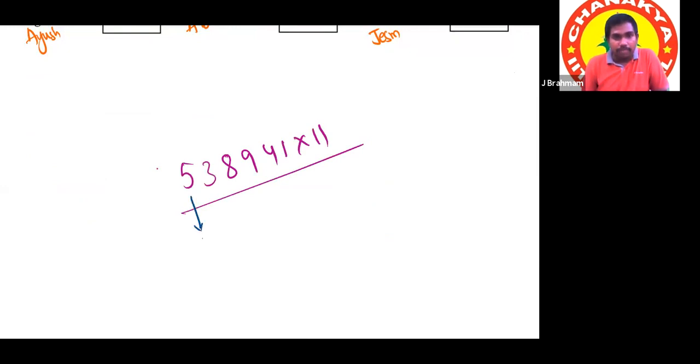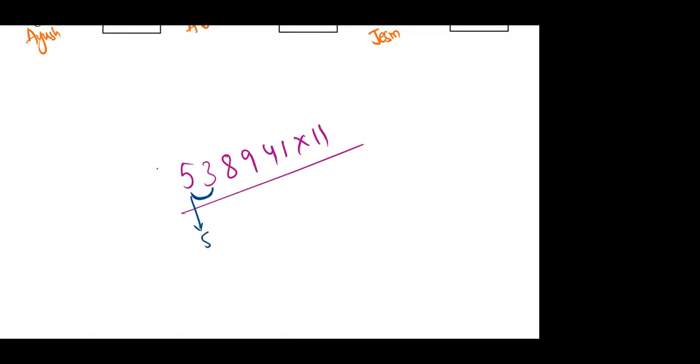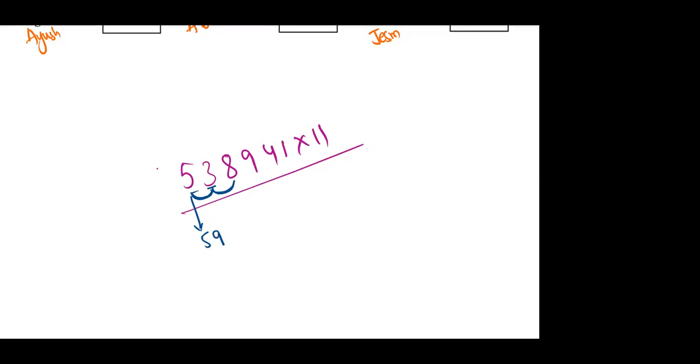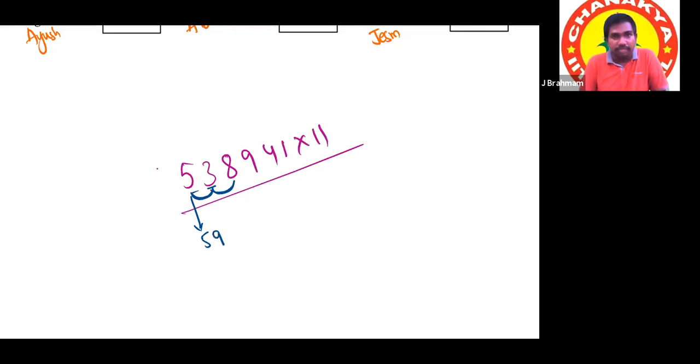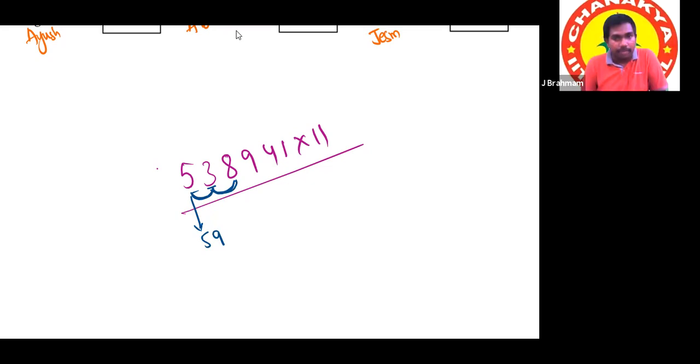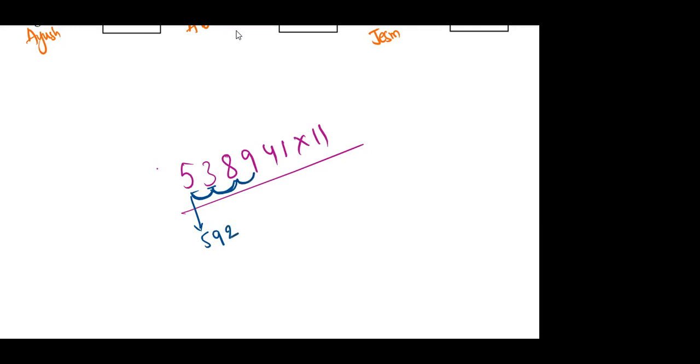First, we have to write 5 as it is, but in the next place, is there any carry? No, sir. No carry means we'll write 5 as it is. Next, 5 plus 3 is 8, but is there any carry in the next place? Yes, sir. 11, carry. If there is any carry, just increase one number. It will be 9. Instead of writing 8, we'll write it as 9. Next, 3 plus 8 is how much? 11. Means end number 1, right? Is there any carry in the next place? Yes means it will be 2.